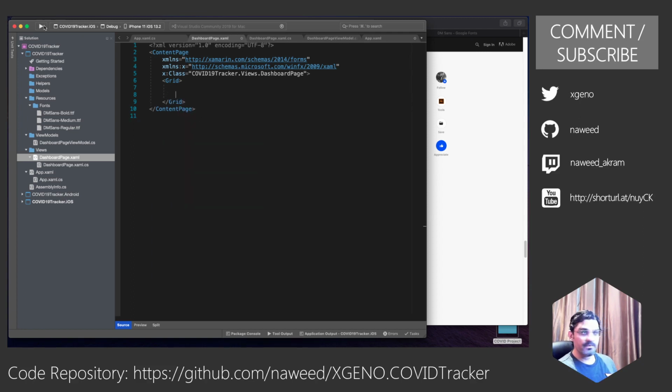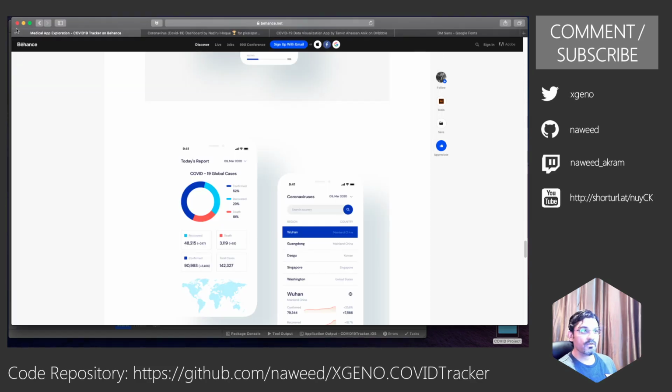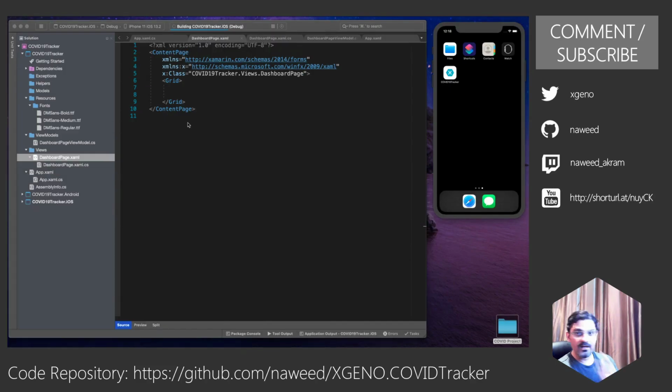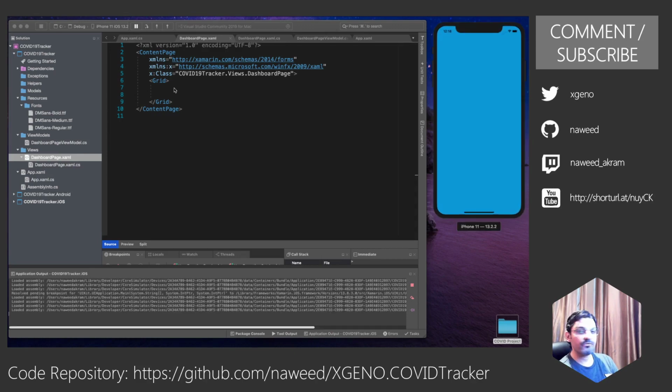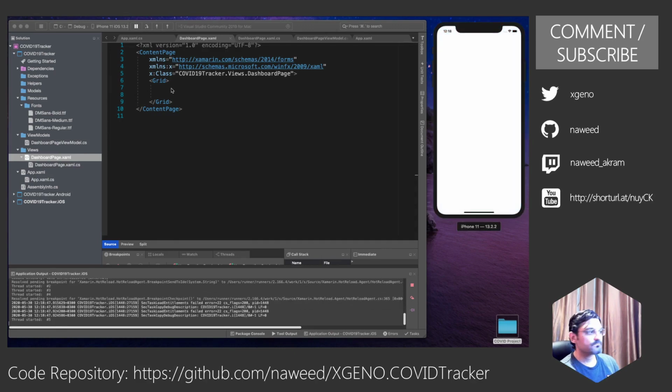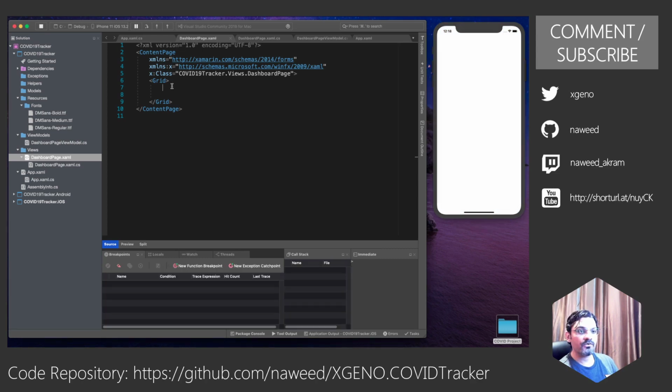Let us do something. Let us run the application. So when we are running, we can see how the application looks like, as in when we make the changes, they will be reflected on the screen. So yeah, it's an empty page right now. You are not seeing anything. So let's try to create some rows. I'll create 2 rows.